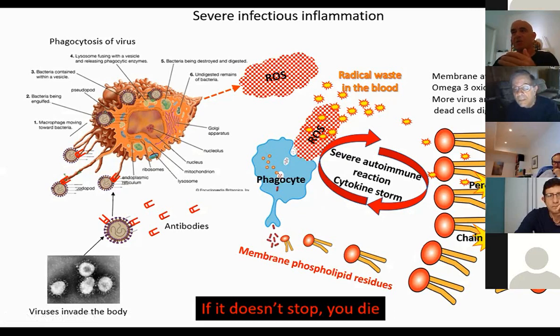And if you want to ask questions at the end, I will explain why it doesn't happen on the first day, and it doesn't happen on the 10th day, why it happens after 2 weeks, and the sudden degradation. But that's not the main topic, but I have a pretty good picture of how it happens. So if this process doesn't stop, you simply die. You die because all your tissues collapse and are disintegrated.